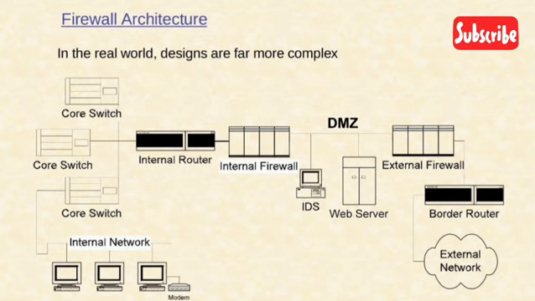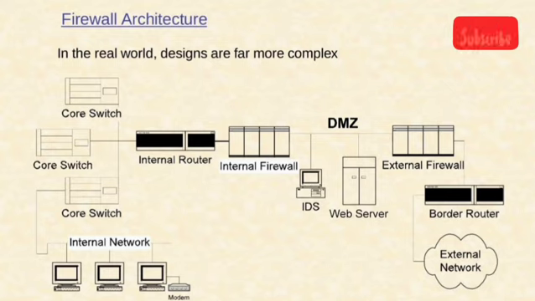to your internal network. So inside the DMZ, we also have the IDS, that is the intrusion detection system. These systems monitor network traffic for signs of malicious activity, helping to detect potential attacks. And over here, we have the web server. These servers host your public facing websites and handle incoming requests from users on the internet. The DMZ ensures that even if a web server is compromised, the attacker can't easily move laterally into your internal